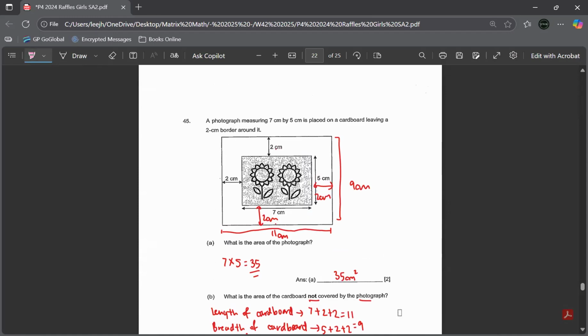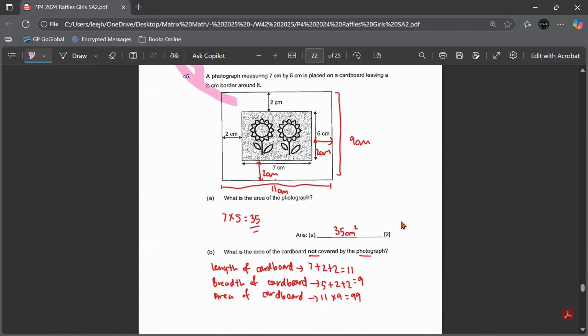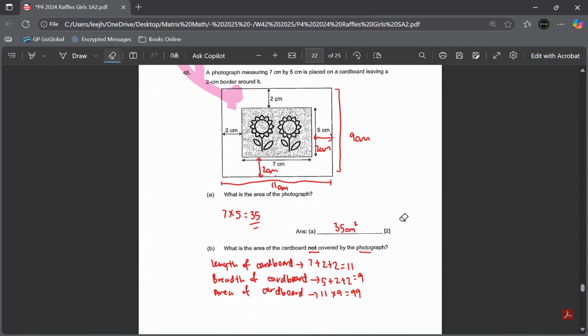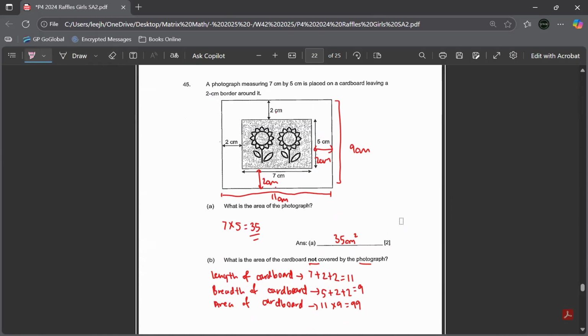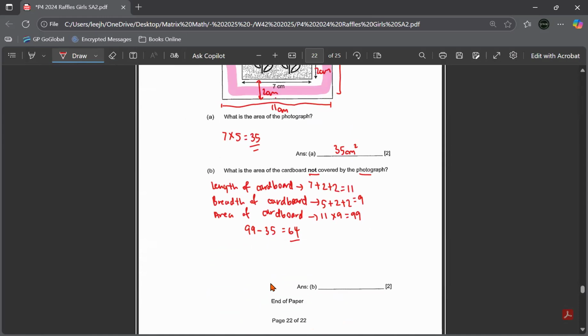Oh, sorry. Alamak. Wait. I want to find. Oh dear. Wait. Let me erase this. Okay, I just want to find here. So I don't need the area of the picture from the cardboard. Take away area of picture, which is 35. So 99 minus 35. 64. So the answer is 64